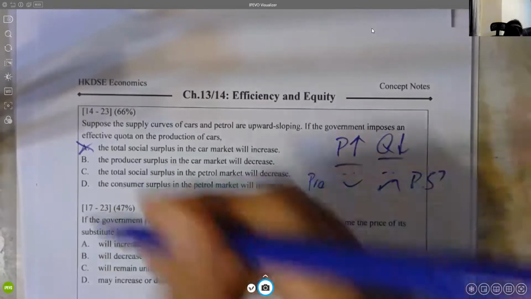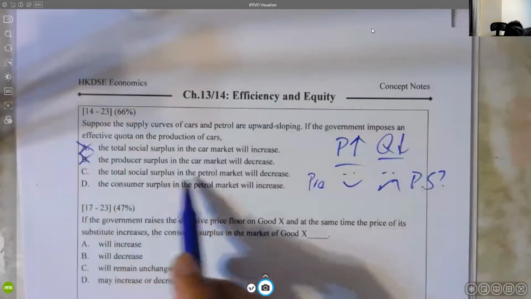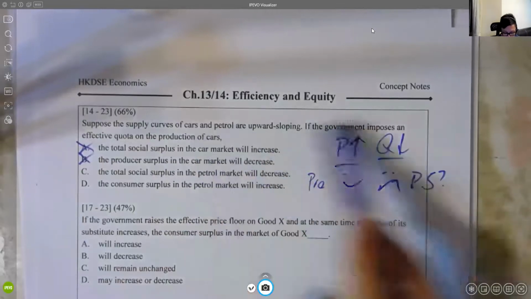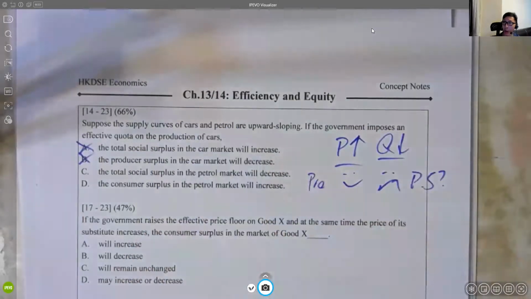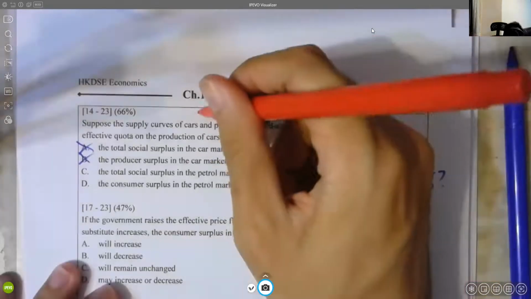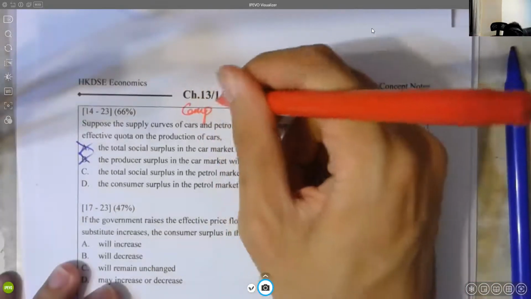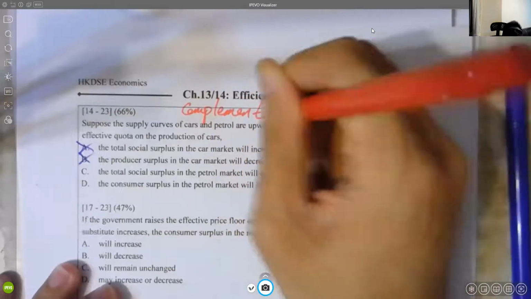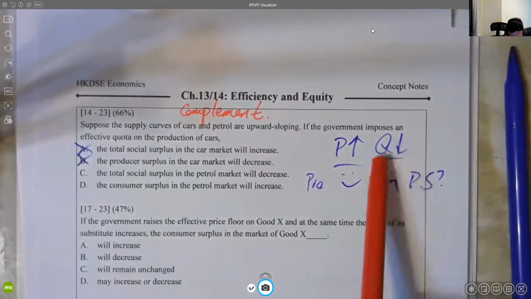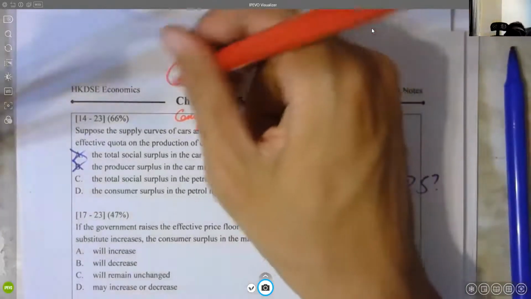Now, what about total social surplus in the petrol market would decrease? Isn't it? The question is asking about cars, imposing on cars, right? What to do with petrol? What does it have to do with it? Remember, car and petrol, they belong to complements. Therefore, since the quantity of car